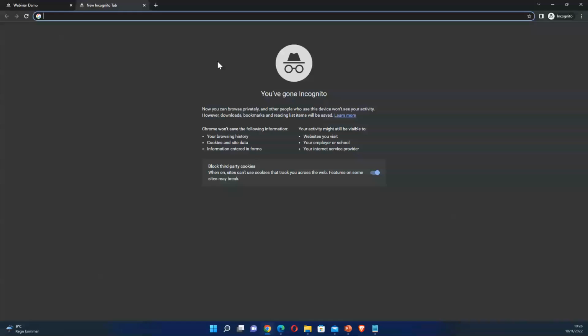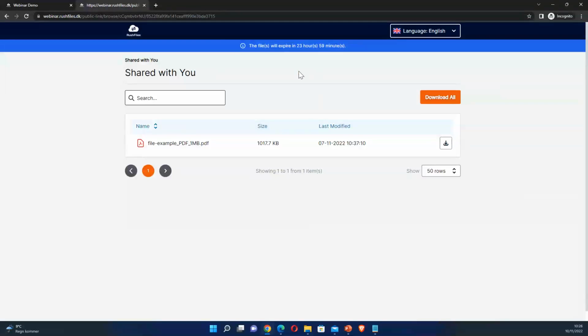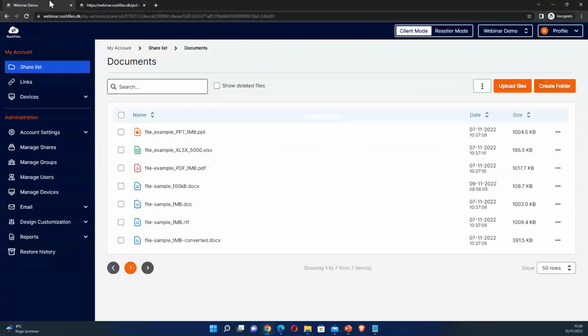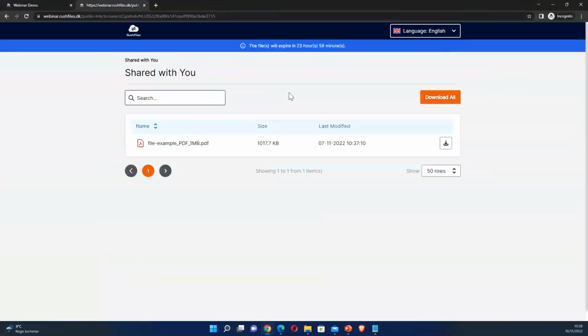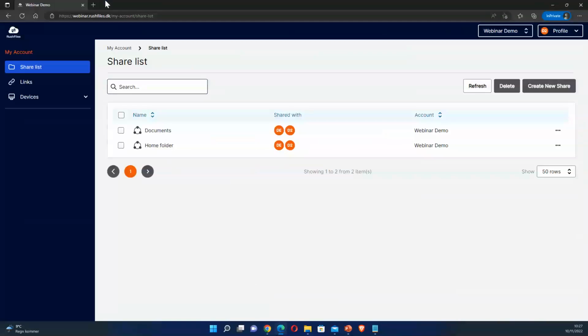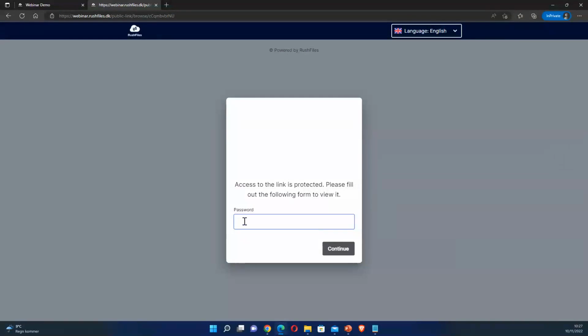And let me try to access it so that you see the new public link page. You can see it is completely in line with the new web client design. And you might be wondering, why did I not have to add my password when it's protected? Well, it is because I am logged in with a user that is the owner of this link. So I do not have to prove that I do have access to this file. And it should be more convenient for link owners to access their own links. However, if I share this with my colleague again, they will have to actually type in the password since they